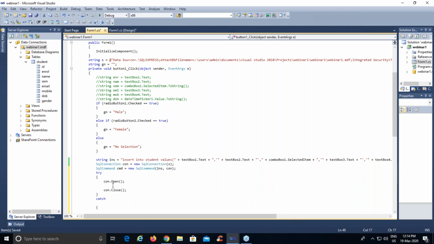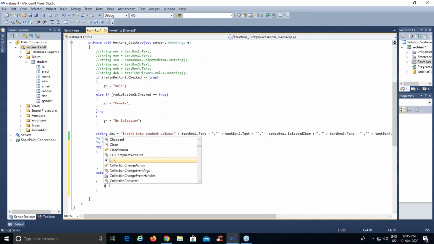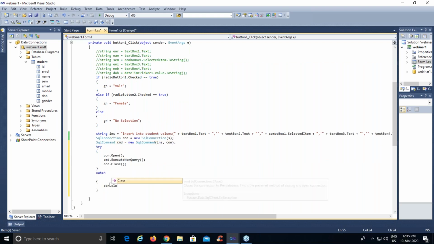So the query will be executed as the object of the command class, that is cmd dot execute non-query. Execute non-query actually executes your insert, update, and delete query, right? So we have used cmd dot execute non-query. And in the catch part, I'm going to just close this connection.